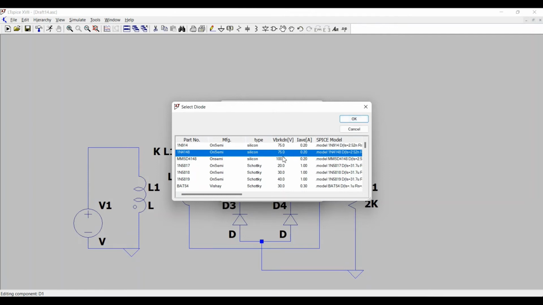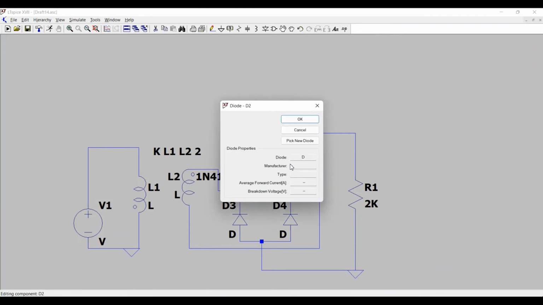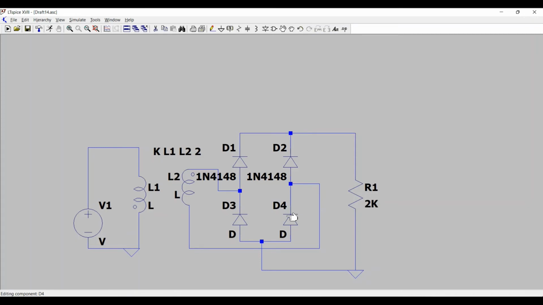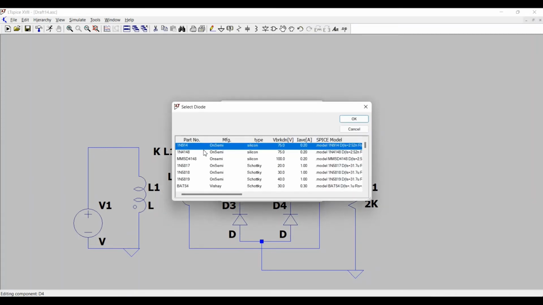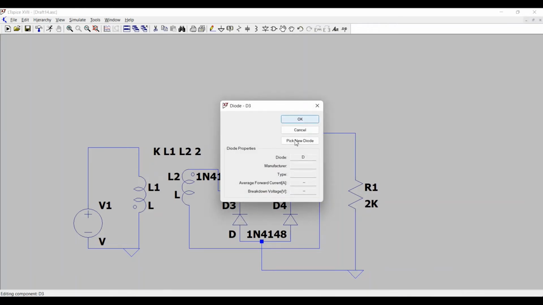So I'm selecting this second one with the average current of 0.20 ampere. So all need to be similar diodes. So then select OK, pick a new diode. This one, okay, and